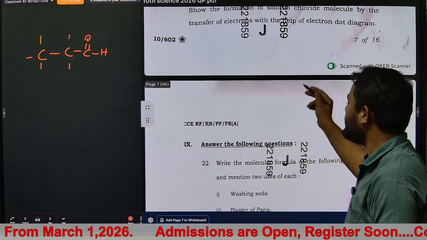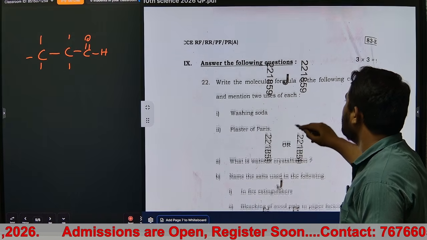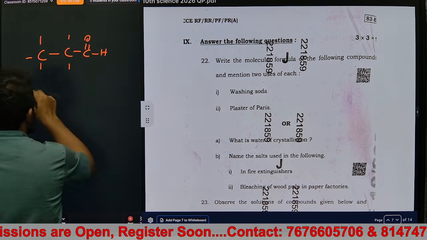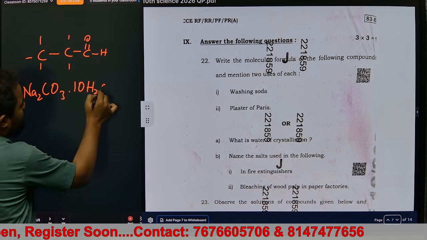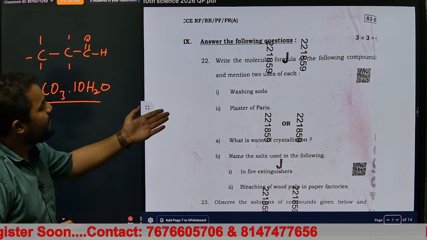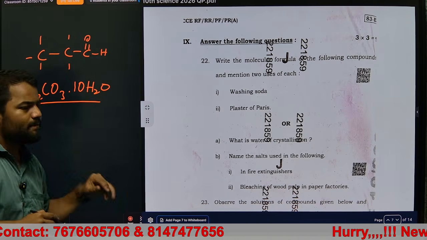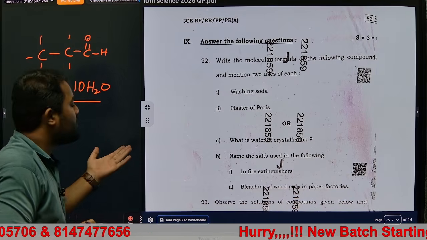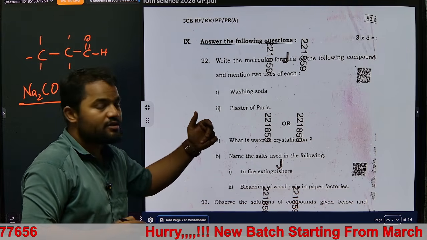I hope you written that also. Write the molecular formula of the following compounds and mention two uses of each. Washing soda, what is the formula for washing soda? Na2CO3 dot 10H2O. Next, mention any two uses. Washing soda is used in the preparation of the sodium compounds like borax, in the preparation of soaps, and also in the removal of